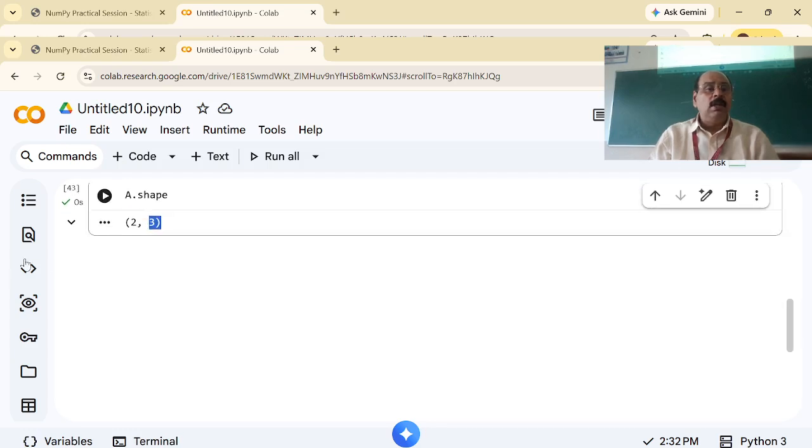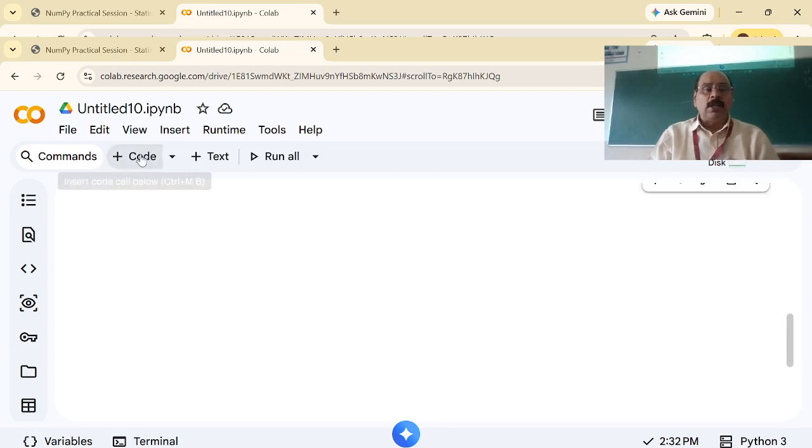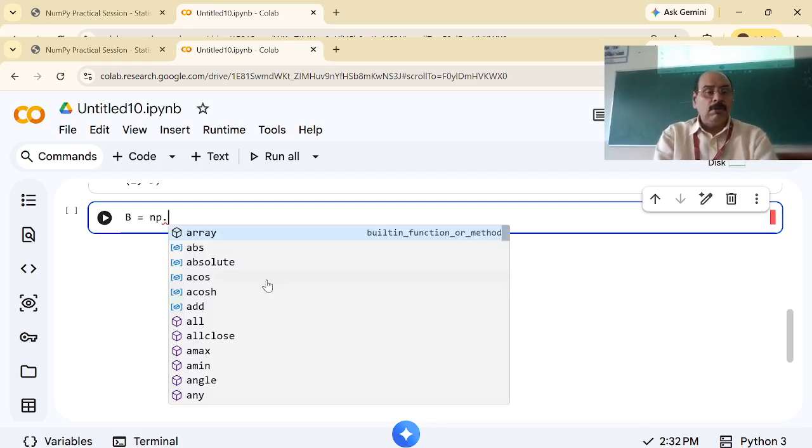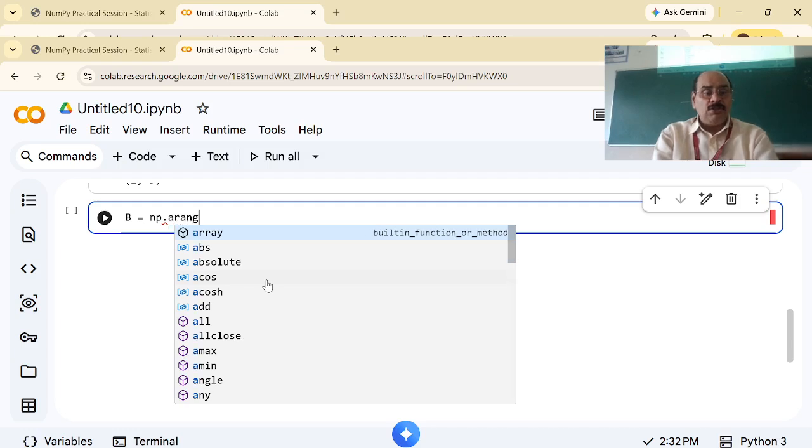So I will next tell you how to create or how to populate arrays automatically. You have two methods through which you can create arrays automatically, right? So one is B is equal to np.arange,